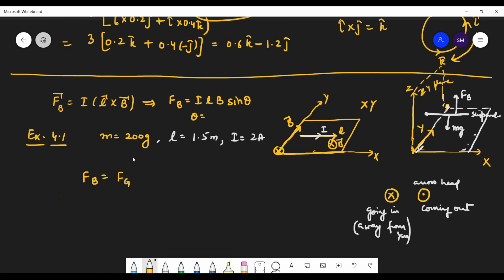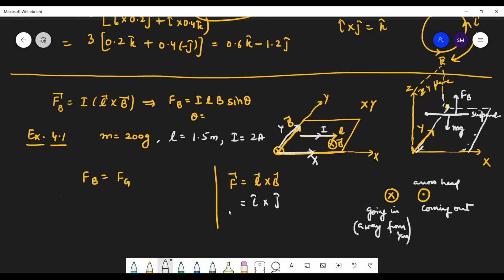So here your field is along y-axis. So the direction of field is, if you talk about directions, so that's magnitude. If you talk about directions, F_B is equal to I L cross B. Of course I will always be positive, so I'm not writing that. So the direction of L, you can see, is along x-axis, and B is along y-axis, j cap, and L is along x-axis, i cap.